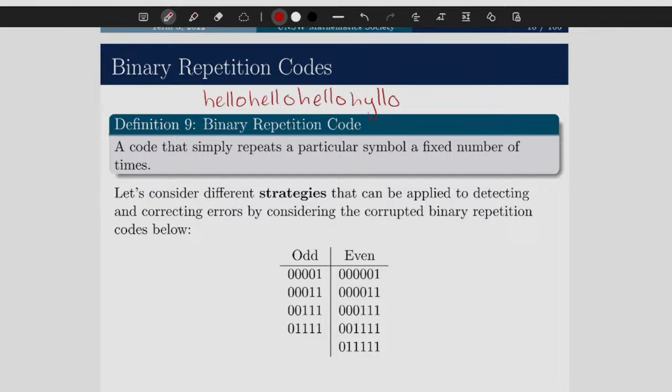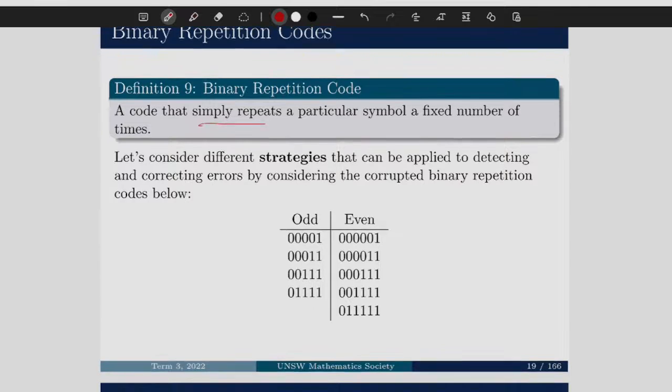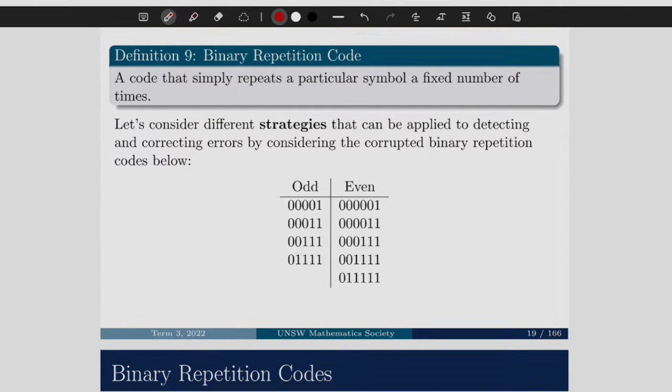This idea is that if you just repeat your message a bunch, then it will come through with a certain level of probability of being correct. The reason this is not necessarily the best, which we will cover later, is that it's not efficient. What's the difference between this and repeating 1,000,000 times, or 2 times, or not repeating at all? We want to make sure our codes are as efficient as possible. But binary repetition codes simply repeat, and there are a lot of different strategies to detect and correct them.